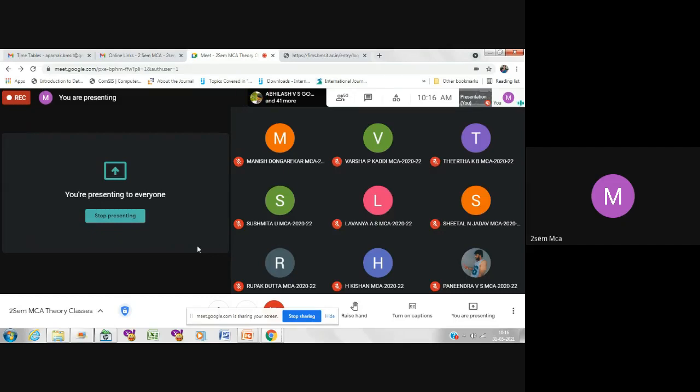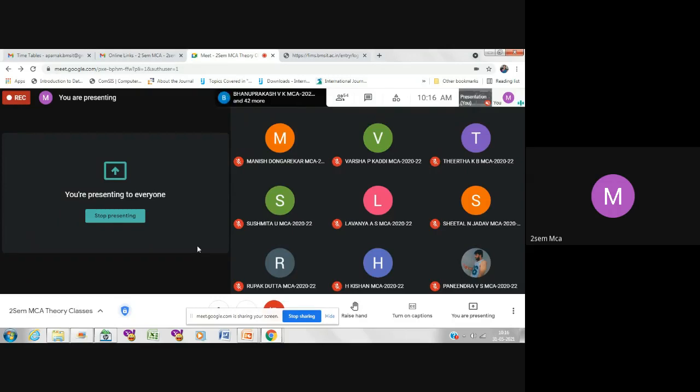Let us say I give the same example. I ask how many students are born in the month of May. This is the information I want. Because I have date of birth there, I can always identify who are the students born in the month of May. I will write a query and retrieve that. When I try to pull out that information, is the database undergoing some change? No. I will simply find out who are all born in the month of May. That's all. The database is not going to undergo any change at all.